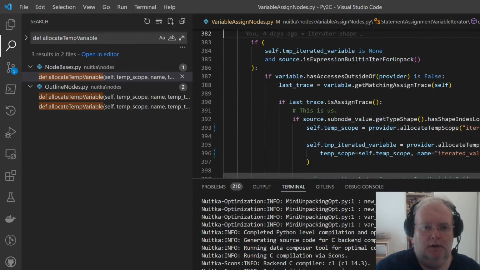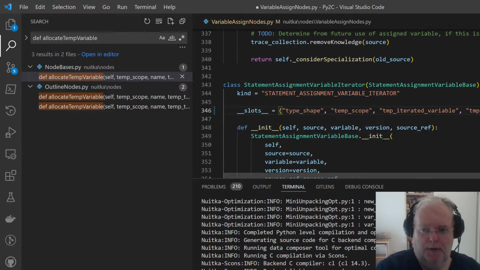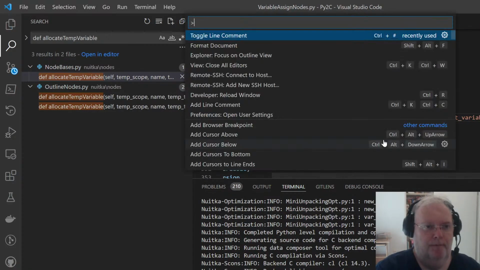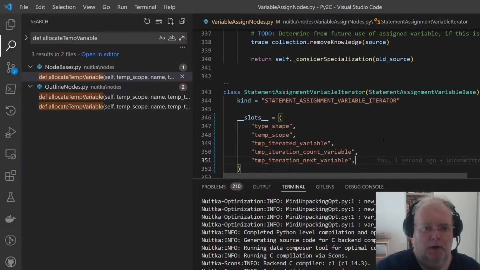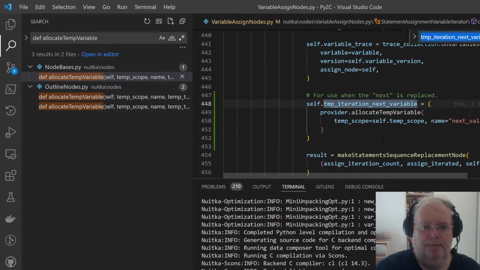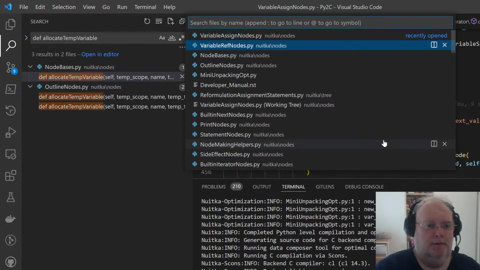And we have yet another variable. Okay. And we need to assign to that.